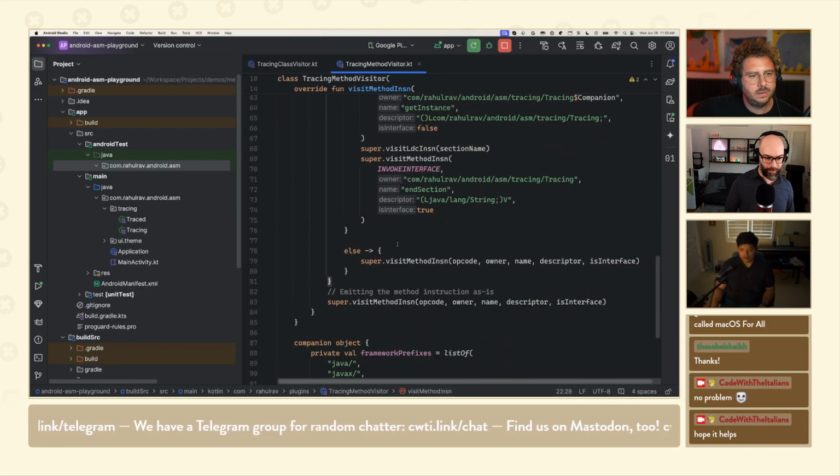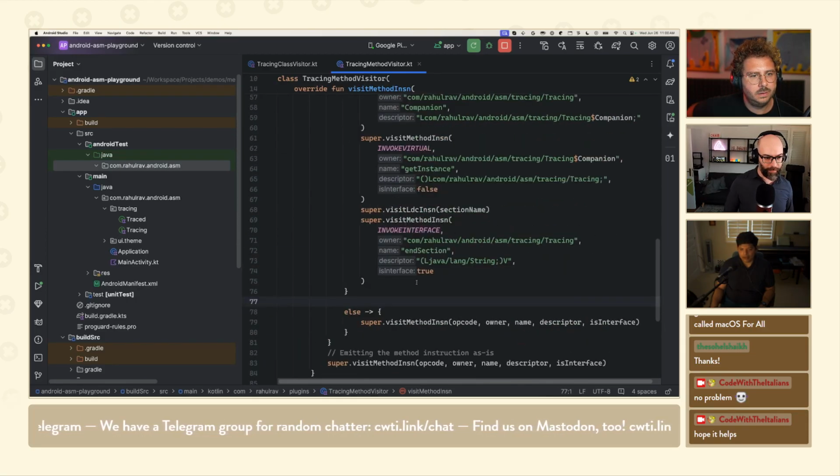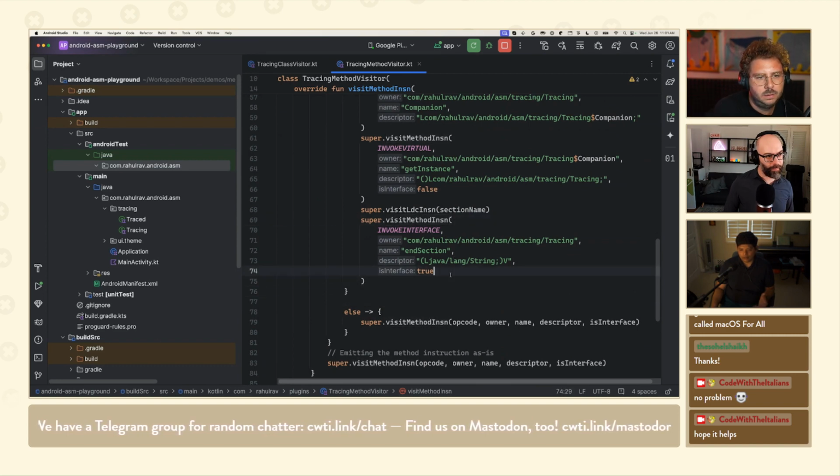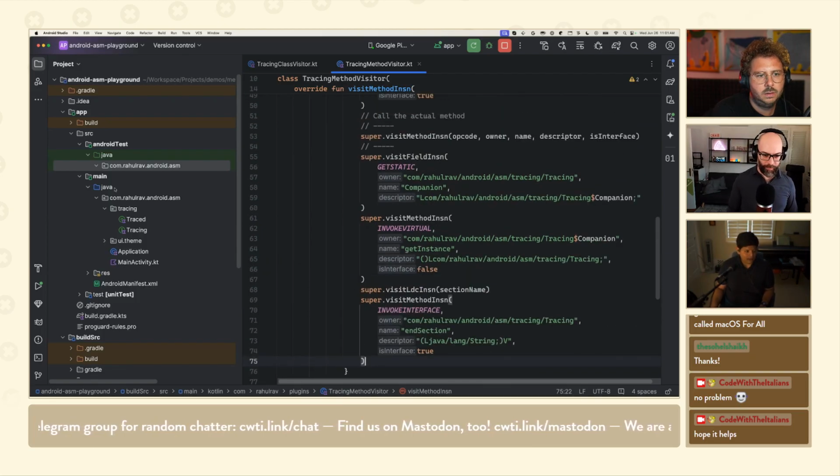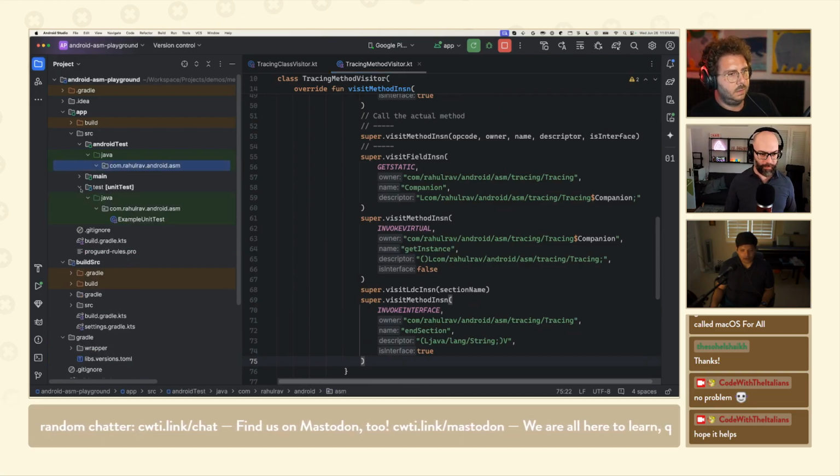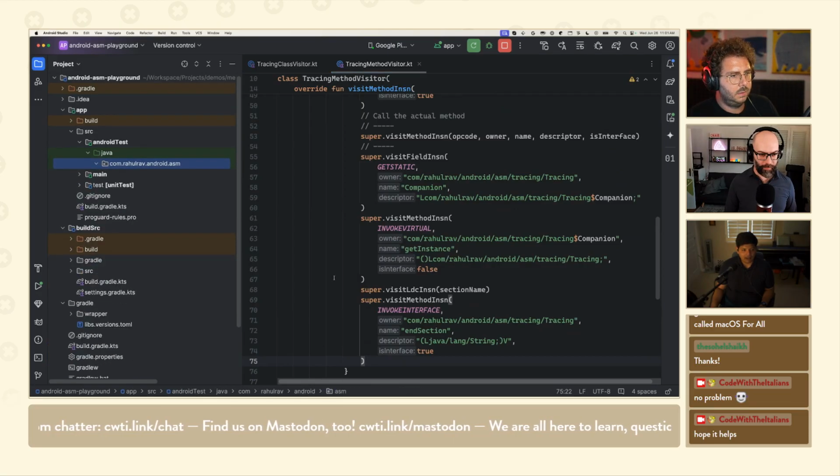Oh, did something go wrong? Okay, visit method. Oh, did I not call end section? I called it end section. Okay, that looks right, unless I missed something. Never mind. I can tweak this a little bit more to see what's going on, but let's try this again. I think theme.kt is doing something wacky. Actually, let's try and rebuild this, but with